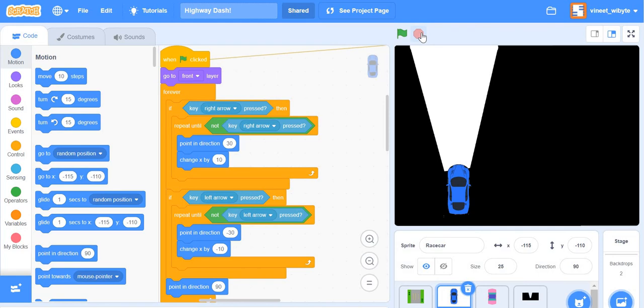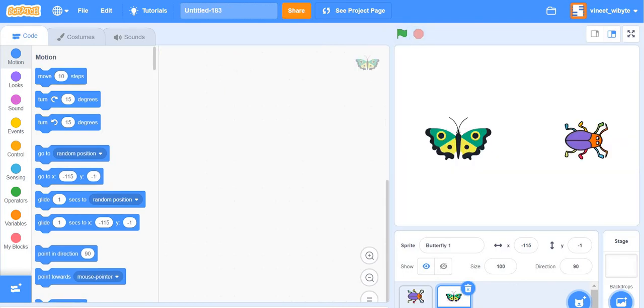To do this, we have to revisit this entire notion of direction, especially with costumes which are more like rectangular, right? So what I've done here is that I've collected two sample sprites, just to make a point that the car earlier, the way I had placed it, was more like this beetle, where the front of the car was facing the right side, whereas the new placement where I've placed the car vertically is a little bit like this butterfly, right? Now, the way Scratch interprets all of this is the entire notion of direction.